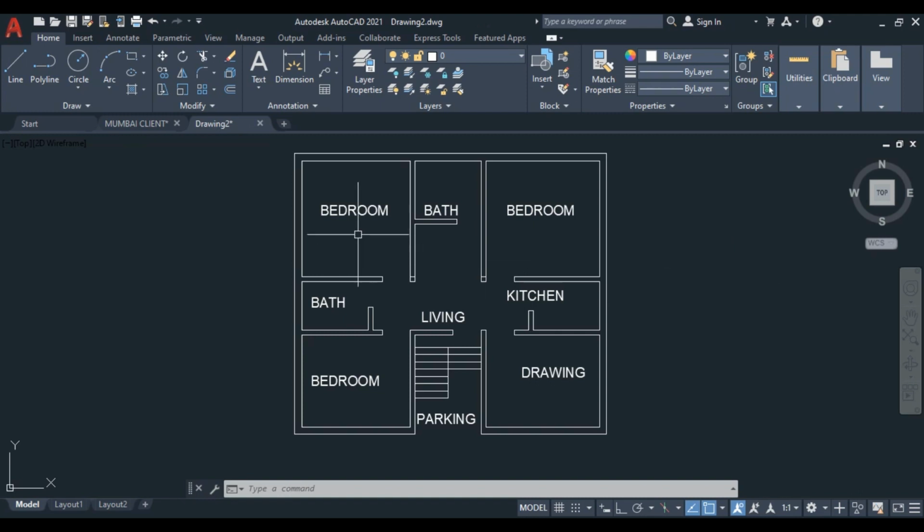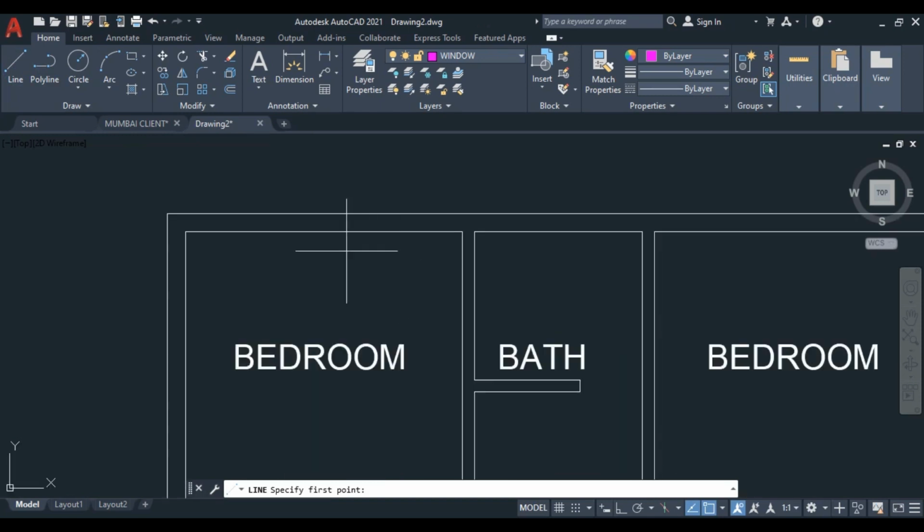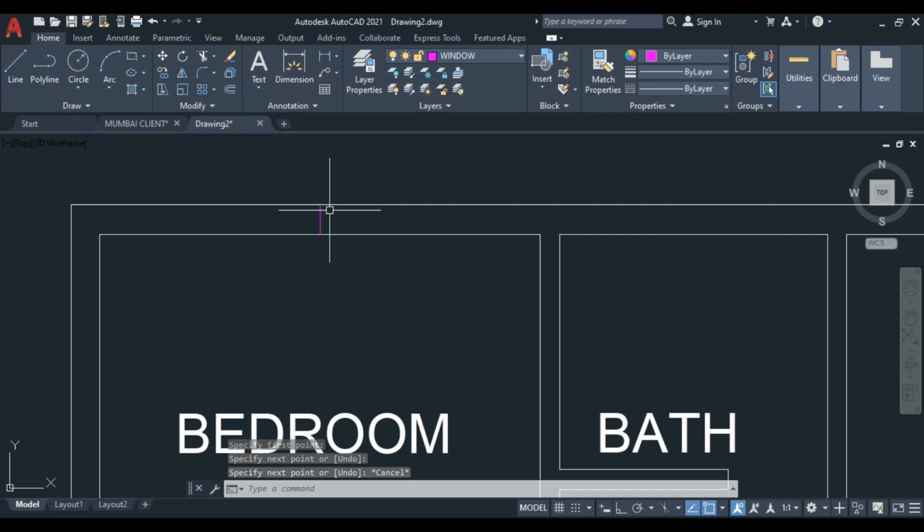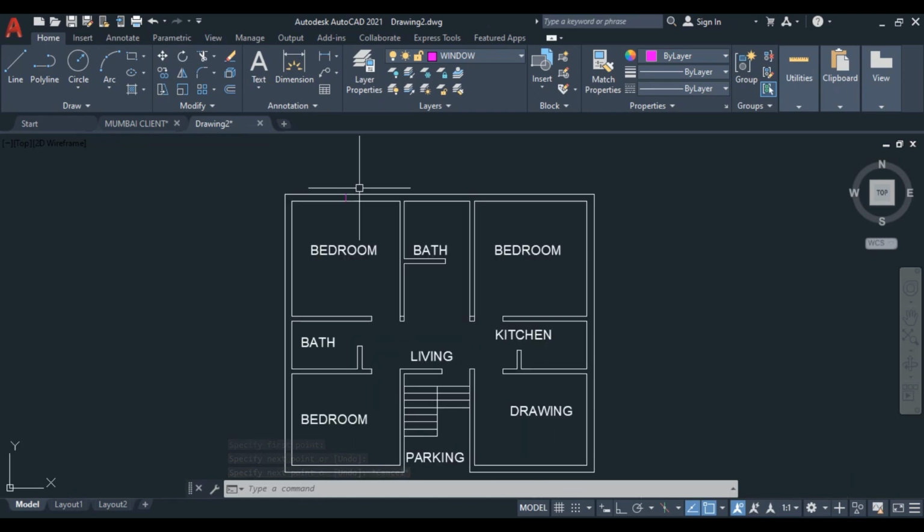All right, now we're going to make the window. Okay, for that I just click on this drop down menu and select our window layer. Just click here, and if we take a line from this mid wall to this, I just draw one line, and now I want to make a window of size 4 feet.